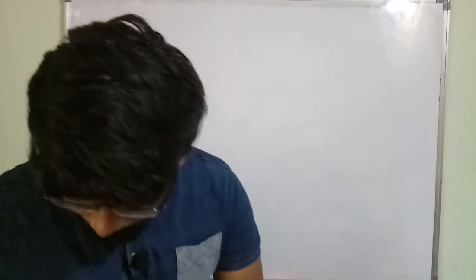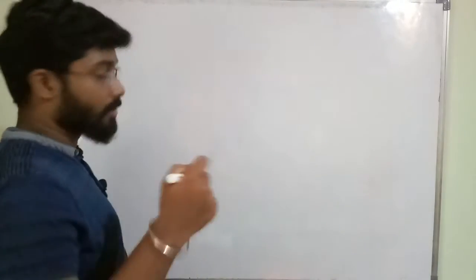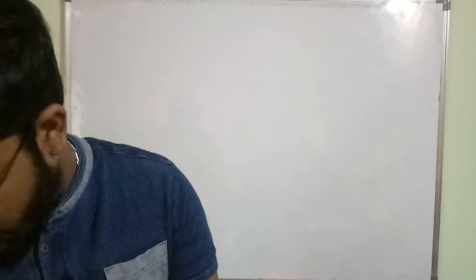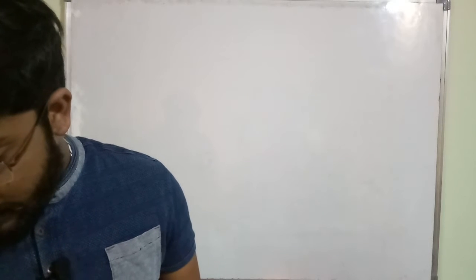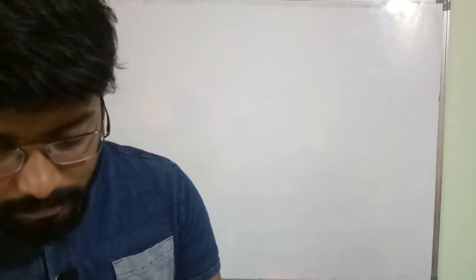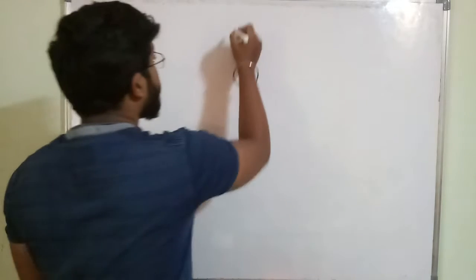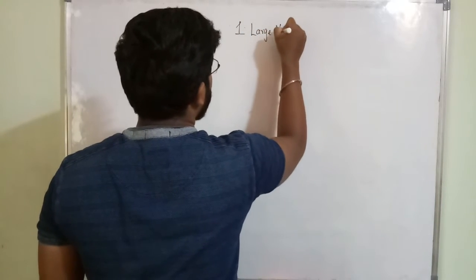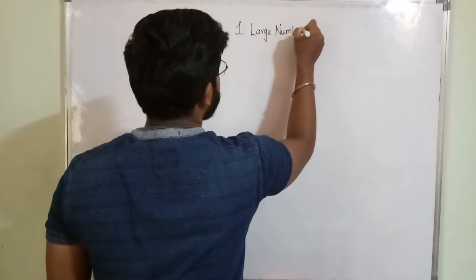Okay students, in today's class we will start from this exercise 1.2. In the previous class we have completed up to this fill in the blank: the face value of 6 in the number 6112 is. We have completed up to that. So in today's class we will start from your exercise 1.2.